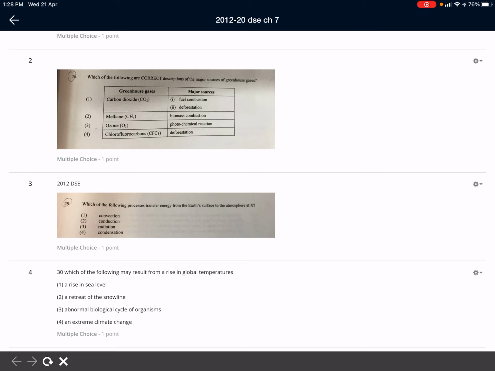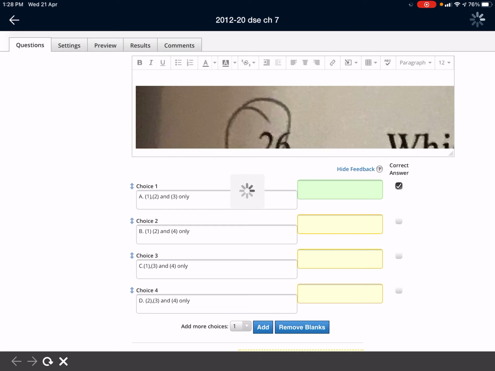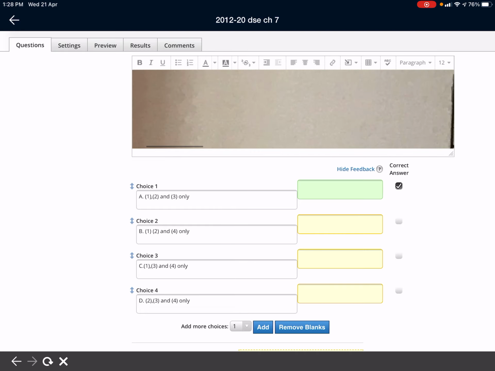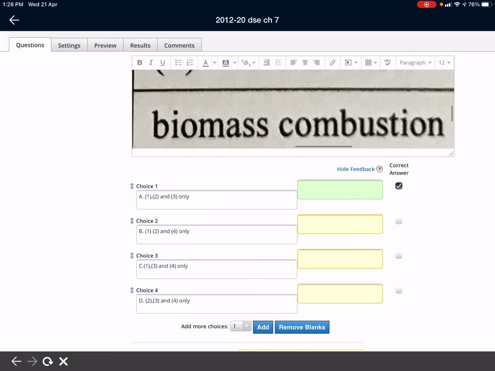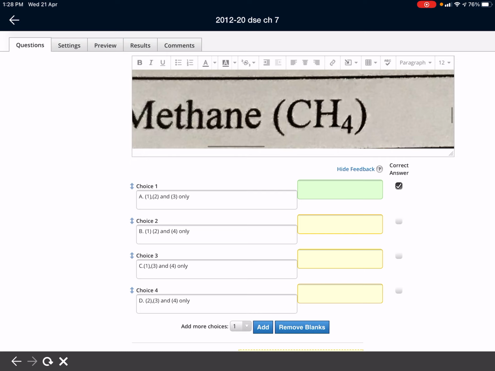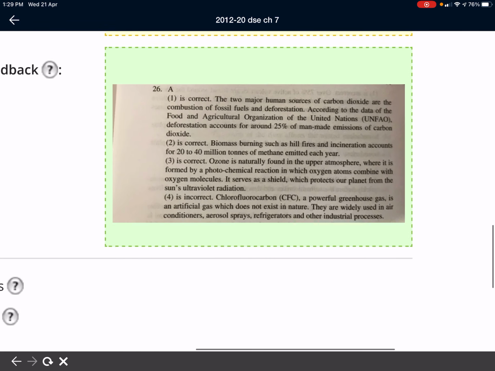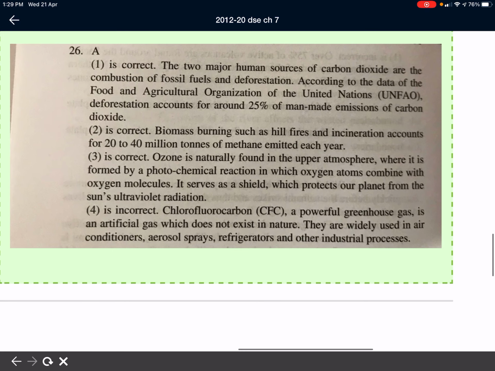Okay. Number 3, photochemical reaction producing ozone. What is this? Which is talking about the light reacting with the air, and then it will form ozone. Okay. Number 2 is also correct. What I have missed: biomass combustion. Sorry, because I just thought it was biofuel. I mixed it up with biofuel. Sorry. And number 2 is also correct, just like the trees and also the incineration is burning and giving some methane